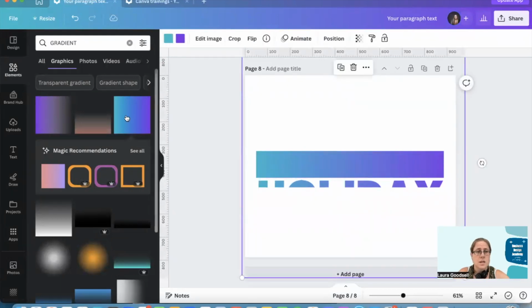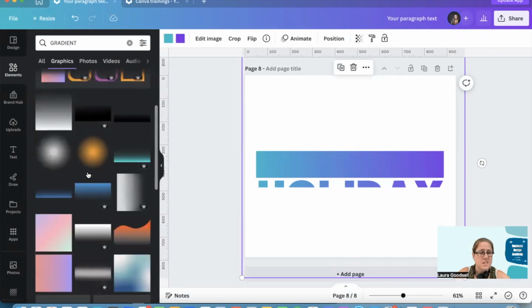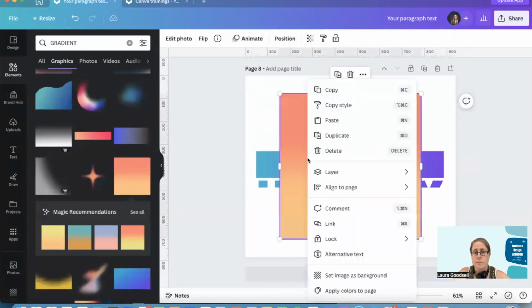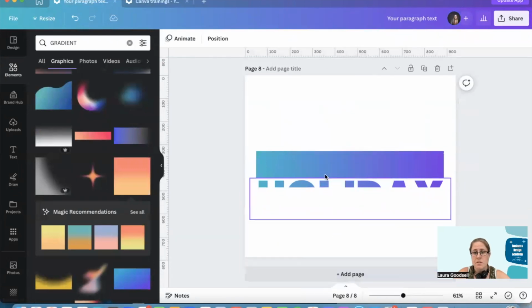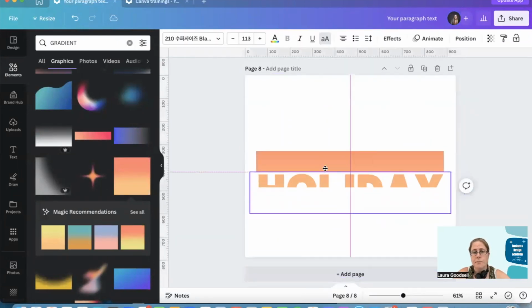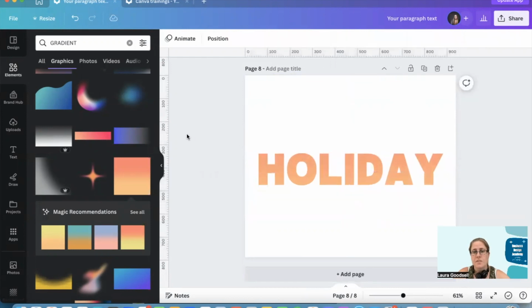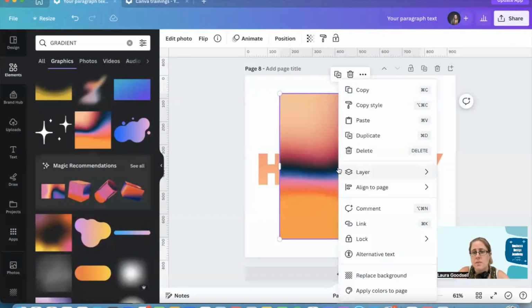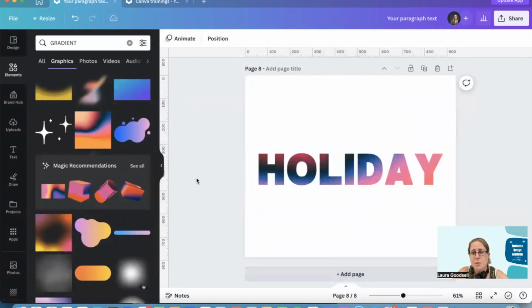You can change the background gradient to something different if you wanted to. We could go for an orange. Set image as background. Let's delete that one. And you've got this lovely orange. You could add a sun to this. You could really make this a really cool background if you wanted to. That's really nice. Let's make that. Replace the background. So you can change the background so simply, and you are creating yourself a really amazing gradient